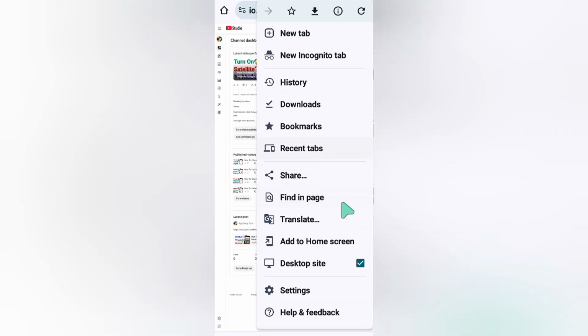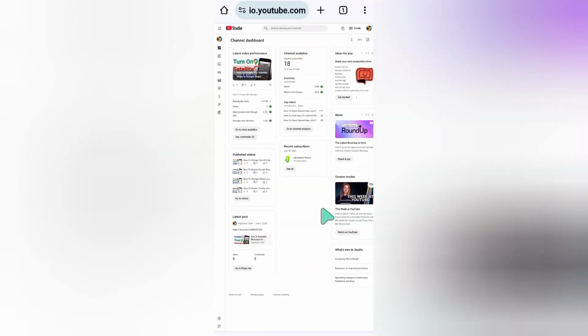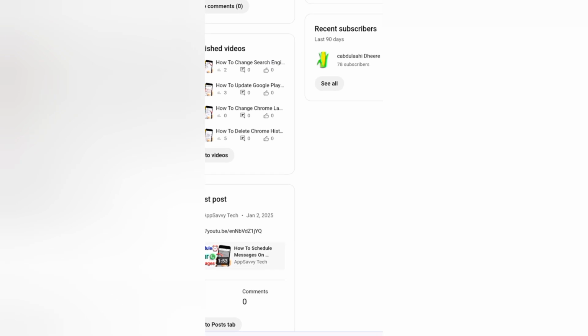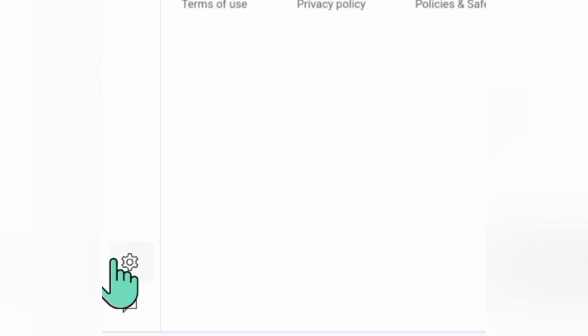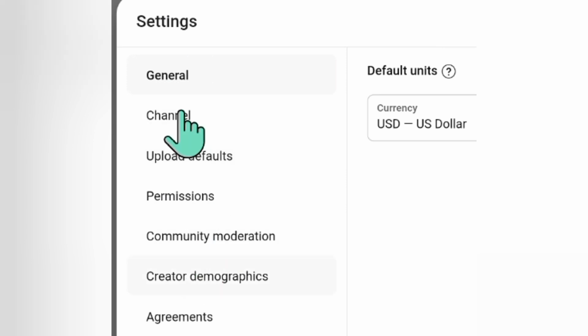And now see here there is a desktop side option. First you gotta select this box. And now for your help, let me zoom in on the face a little bit. And now go to the bottom left corner. See there is a settings icon here, so click on it, and now you get some options here, general, channel,